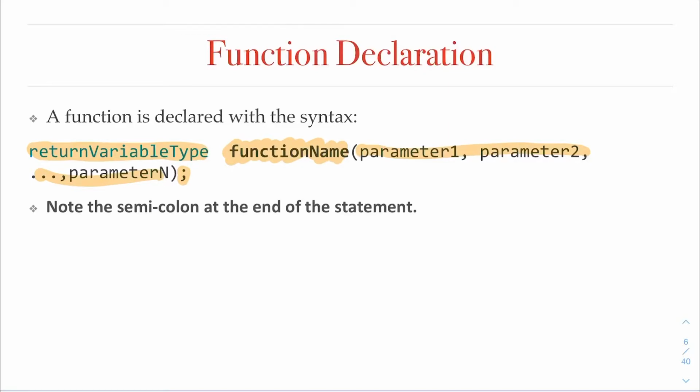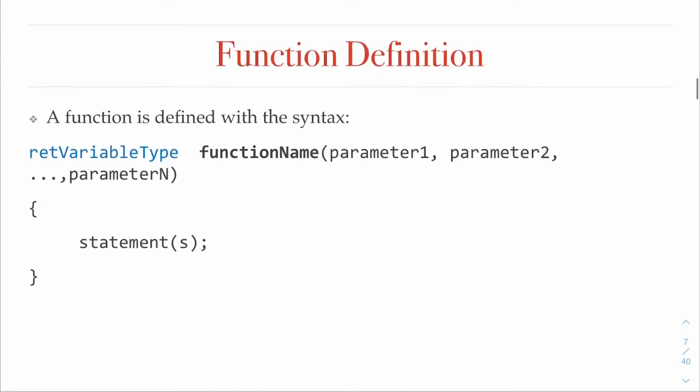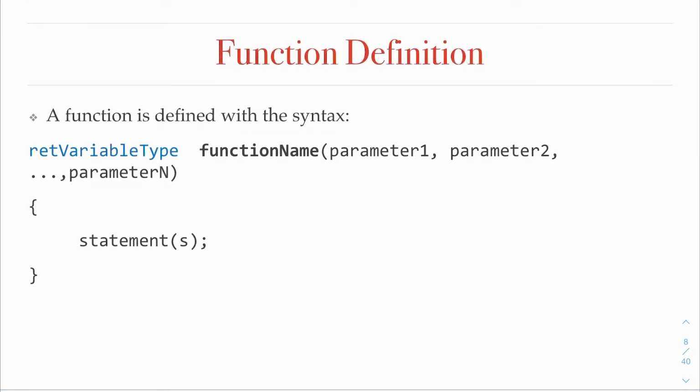It means I have a function with the following parameters, and I'm going to return some data for you. For definitions, it's similar, except that instead of the semicolon at the end, you implement the body of the function in the brackets.